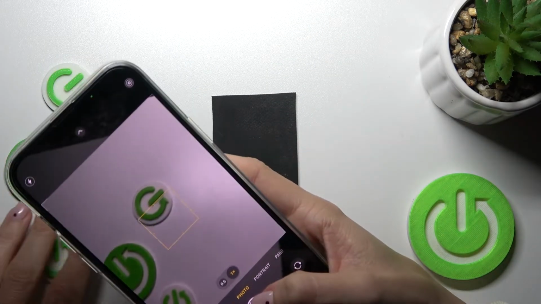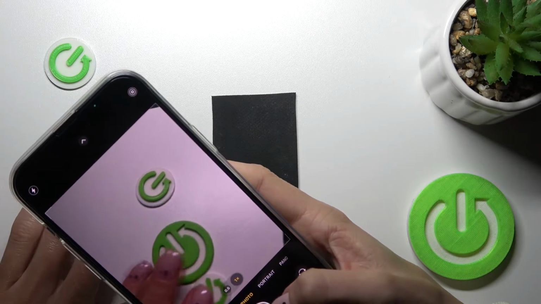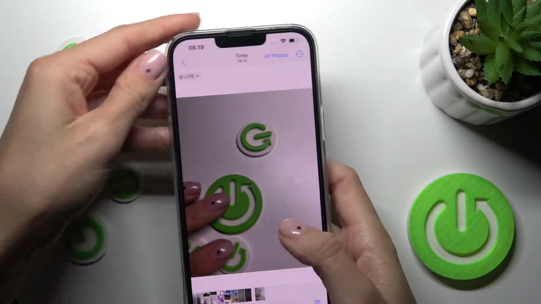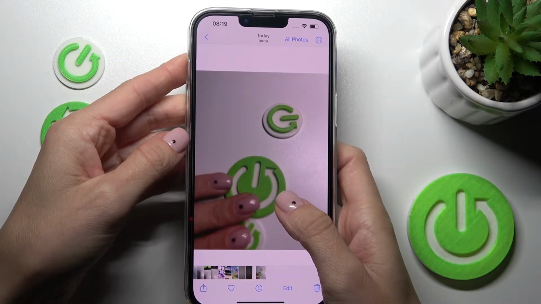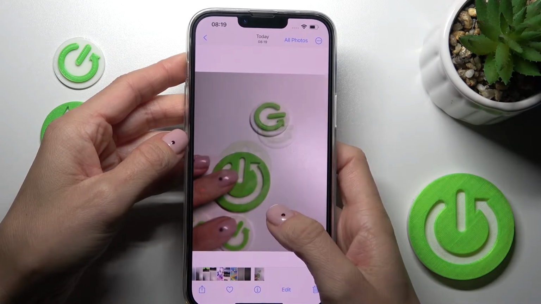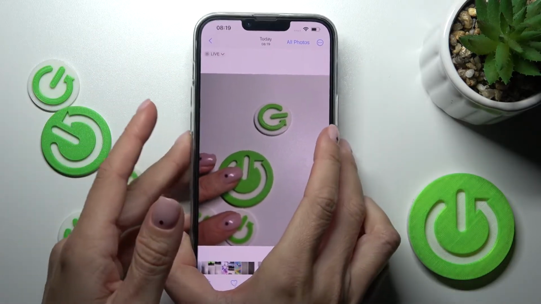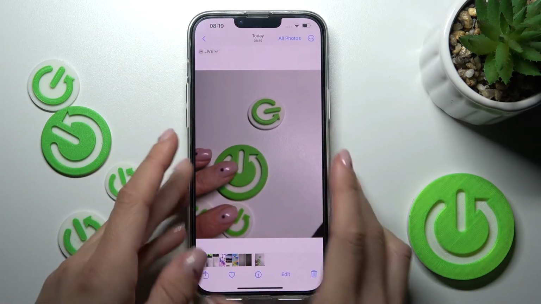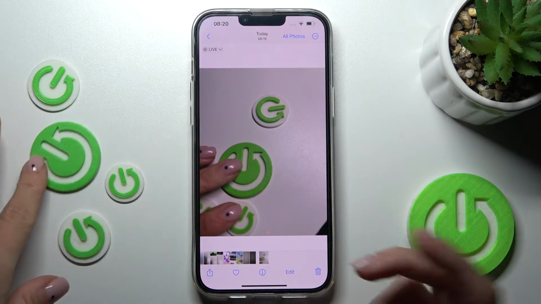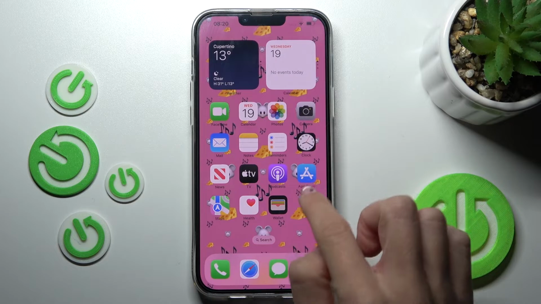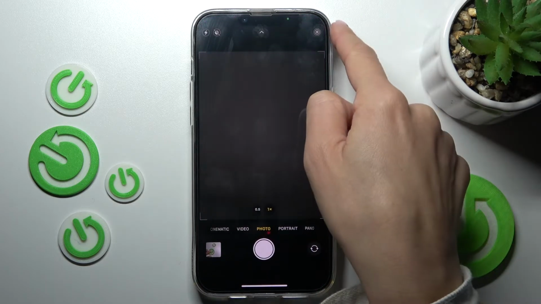So let me, for example, grab a picture of those signs, and now if you open it, you'll be able to notice that it grabbed 3 seconds before and after the camera shutter. So this is it. Obviously you can switch it off smoothly by using the same switcher in the right upper